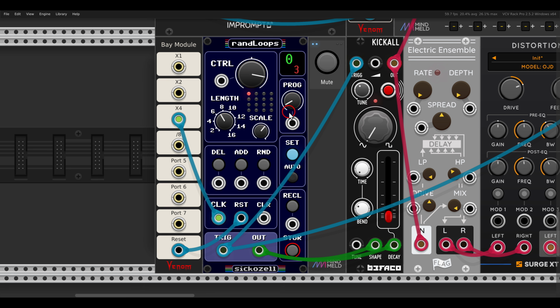Right, and now I can switch between them. I can go to the program I want and then click set and it will load. Or if I activate auto here, I can just switch between them by turning the knob. Right, so we have 1, 2, 3, 4 variations saved. And of course, we can also sequence this, control this externally, either with CV, with a dedicated CV sequencer, or